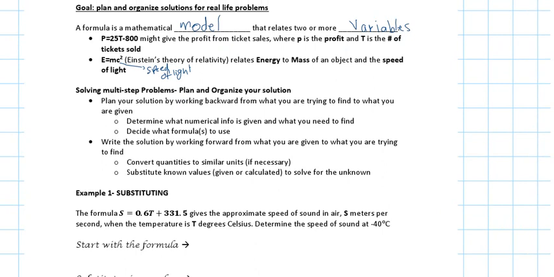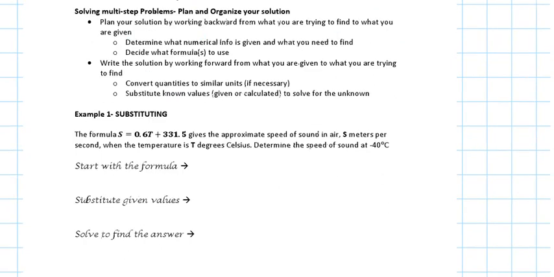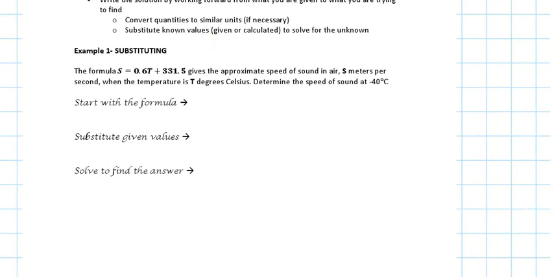Area or the volume. Same step. These steps down. First one. So the formula S equals 0.6t plus 31.5 gives the approximate